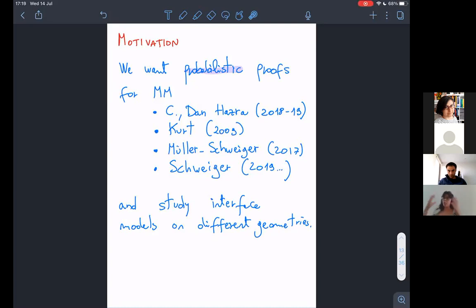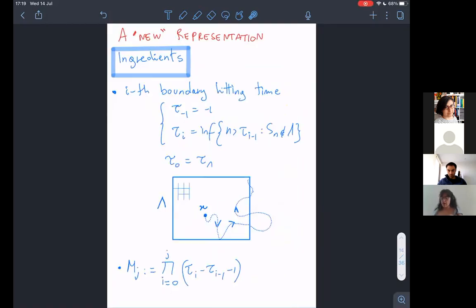So since our goal was trying to go beyond the Z^d setting, we were thinking, can we find other proofs or other tools to study the membrane? So we actually rely on, I call it a new representation, but in fact it's not new. It's due to van der Bij, and it was proved in 1984.